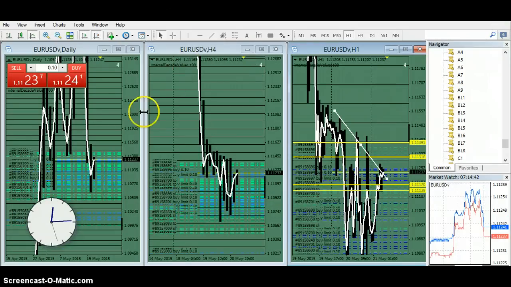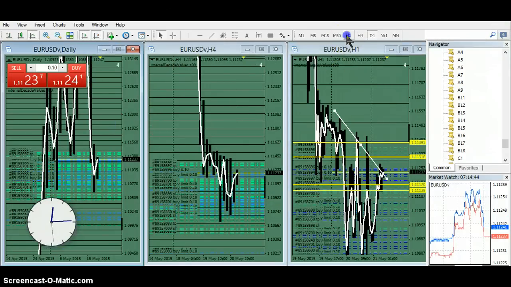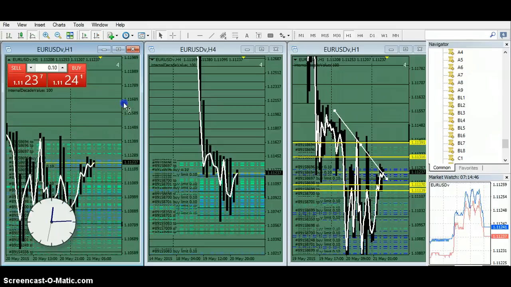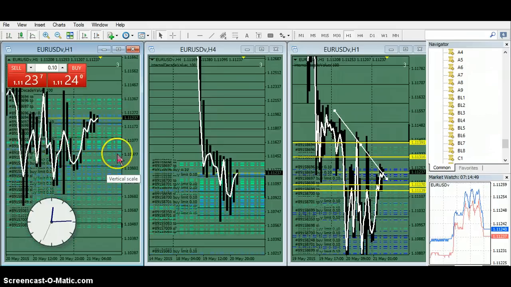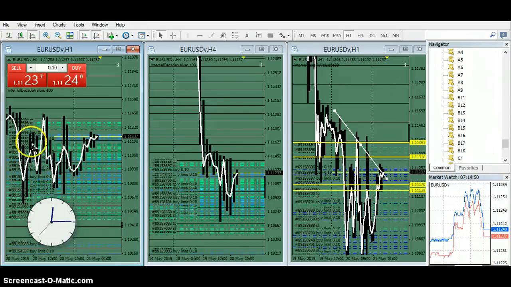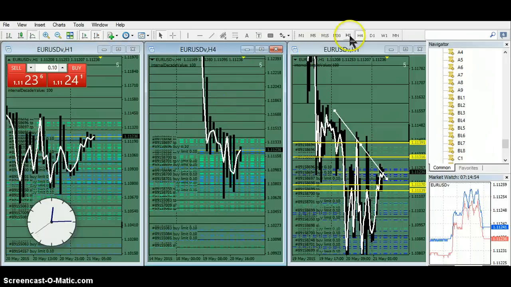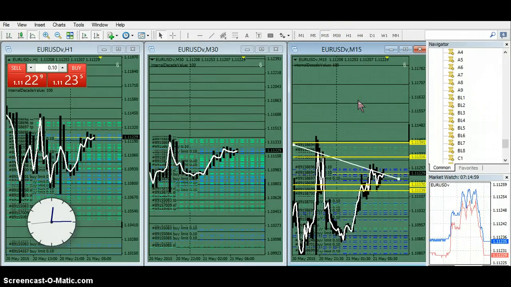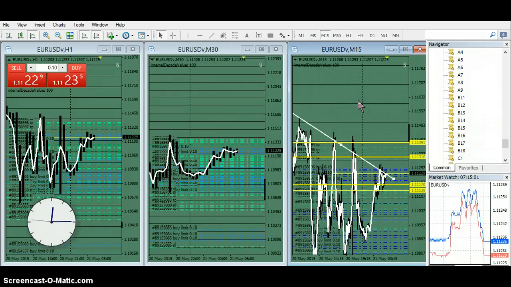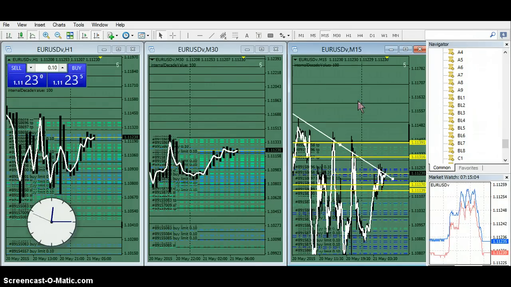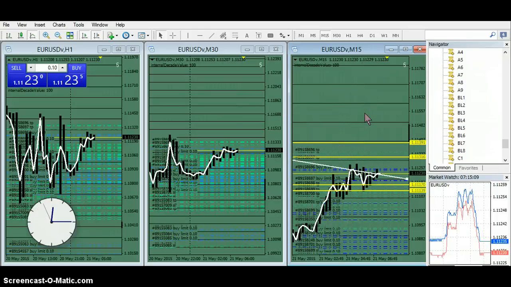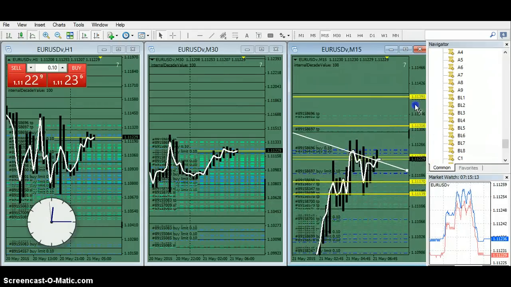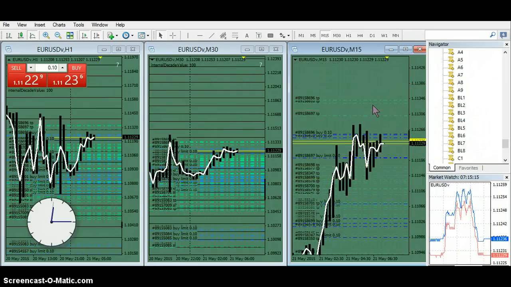that I find to be better for order flow is to have a 1 hour chart, and all these white lines are just nothing but a 1 period moving average. And then you have the half hour and you have the 15. And looks like it's going to tank. It's getting out. So if you have it like this, you can see the unfolding. You can see how it unfolds here. And it's a lot easier to